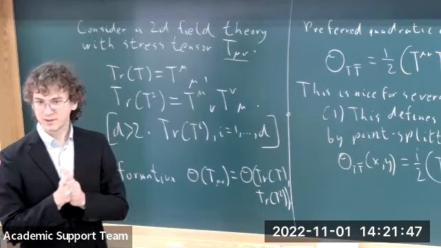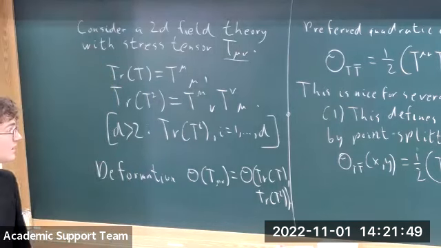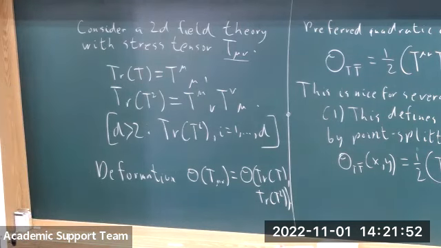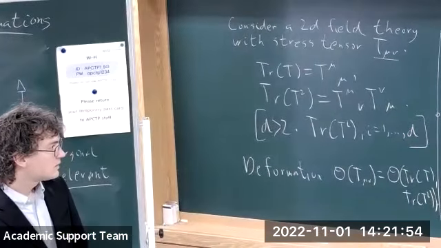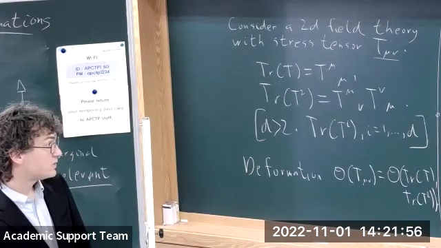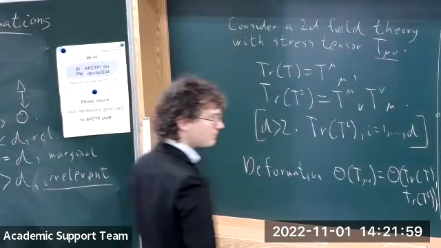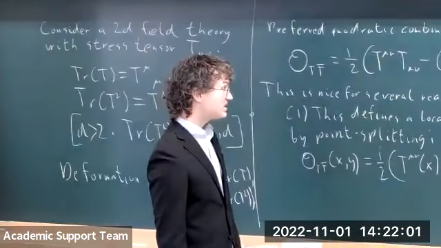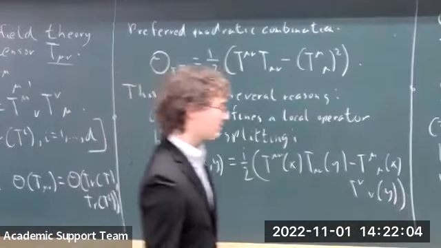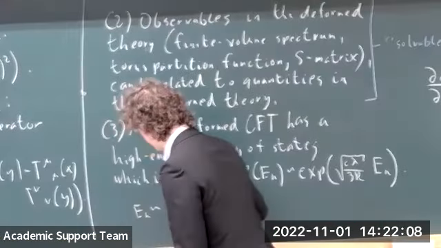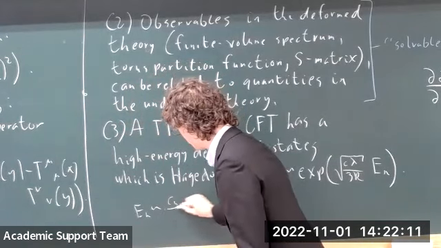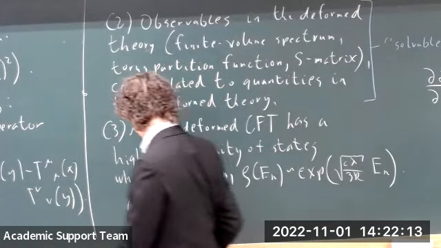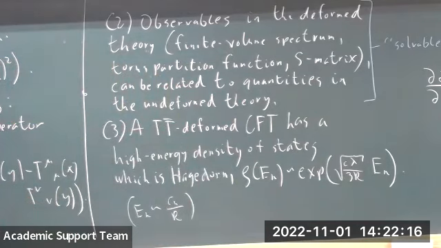Good. Other question? Yes. So in property 3, do you assume that you start with some rational CFT, or do the details matter? As far as I know, the details do not matter. This is a statement about deforming any CFT. I think this really only depends on the statement that in a CFT, the undeformed energies are essentially constants divided by, say, the radius of the cylinder that you're looking at, which is true of any conformal field theory, regardless of the operator dimensions or central charge or anything like that.